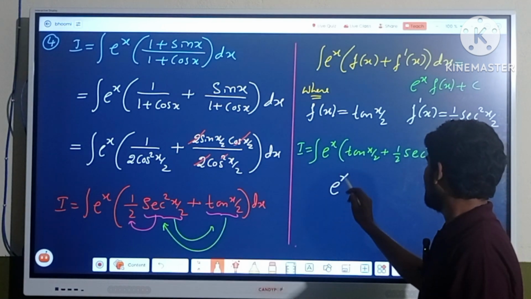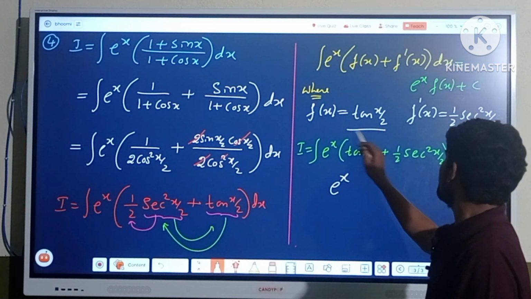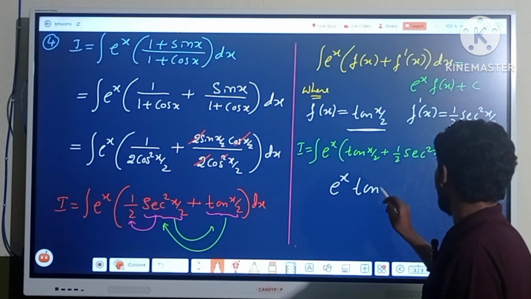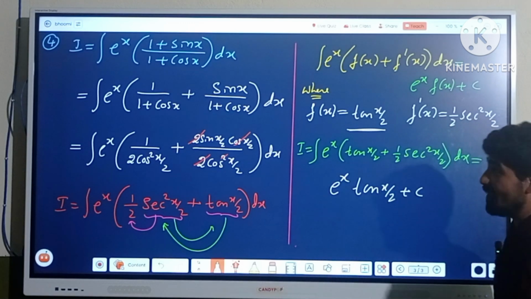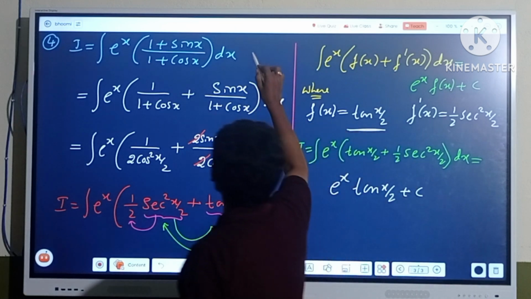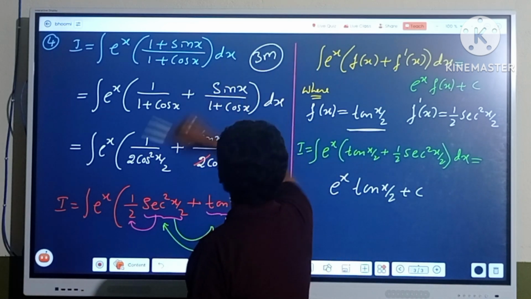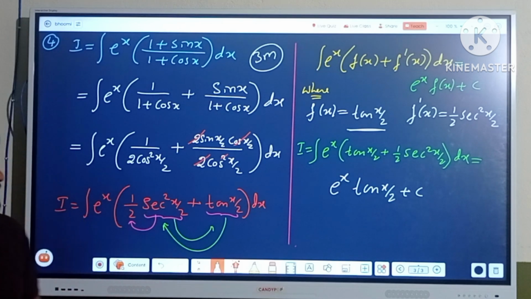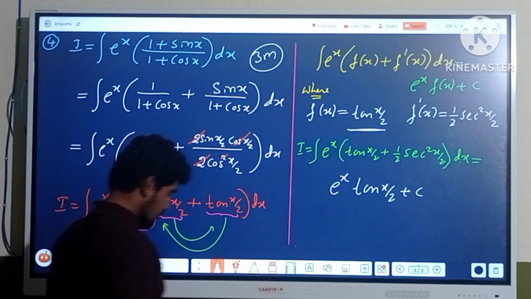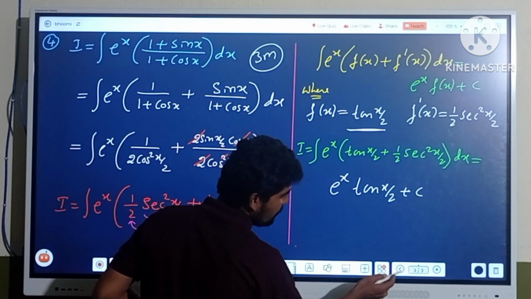E power x into fx. What is fx? Tan x by 2 plus integral constant c. I hope all of you understood, and this is an important question which will be asked in your annual examination for 3 marks. So let us consider one more example, the problem which is going to be solved by using